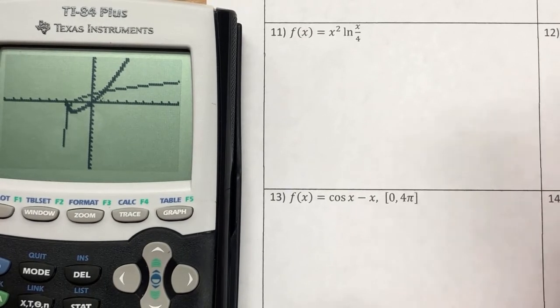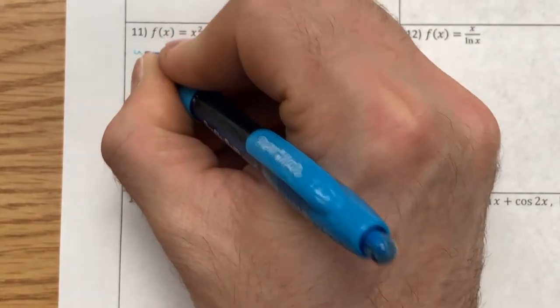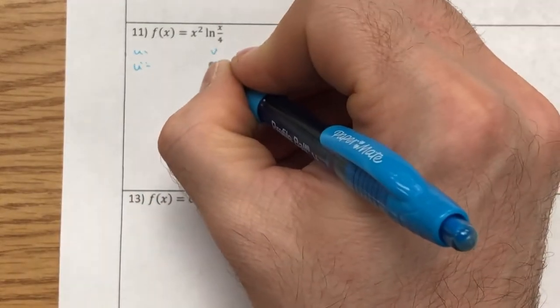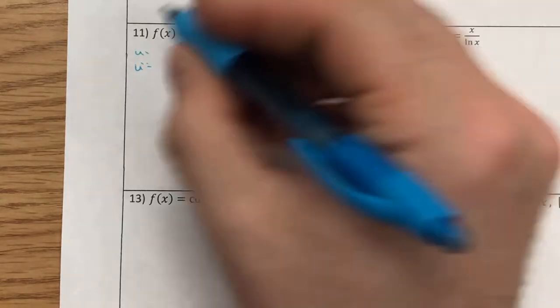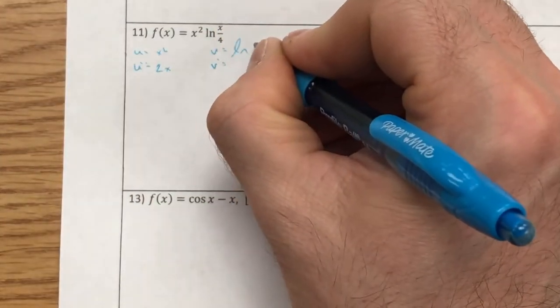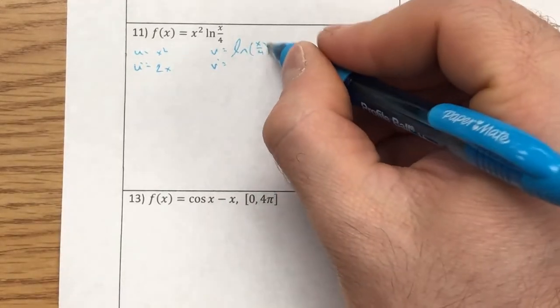So let's do something a little different. Let's use one that doesn't have a root in it, but maybe a square and a natural log. So our first step with this one is that we do have to use the product rule. So I'm going to have to go ahead and set up u and u prime, and then I'm going to have to set up v and v prime. So u is x squared, which means u prime is 2x. And v is the natural log of x over 4, which means that I'm going to have to look at the derivative